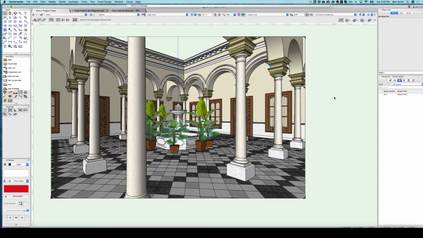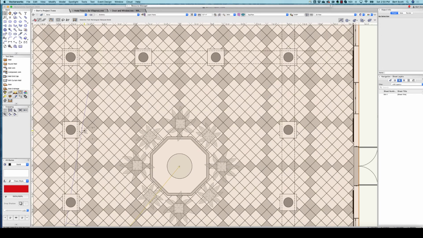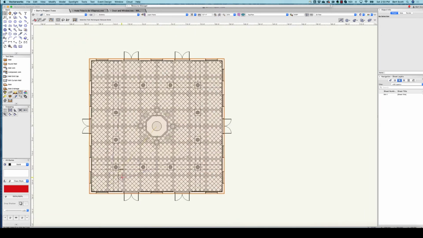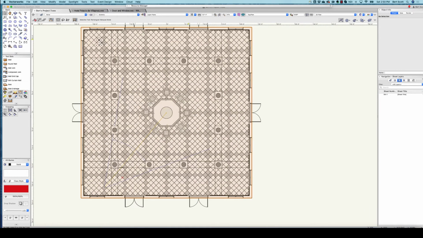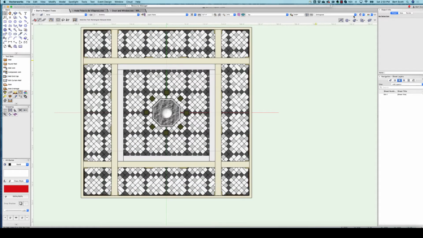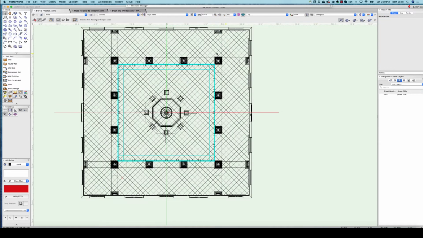So now we only have one thing left to do to actually finish the model of this room. We're going to go to top and we're going to create the ceiling that covers the outer portion of the space. I'm actually going to go to top rather than top plan and wireframe. So we need two rectangles here. The first one is going to just cover the whole thing,